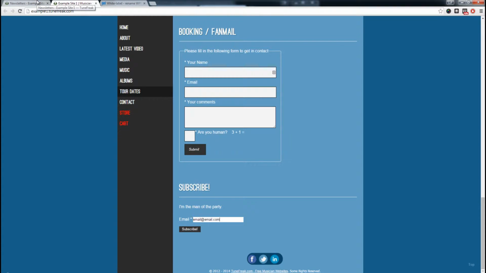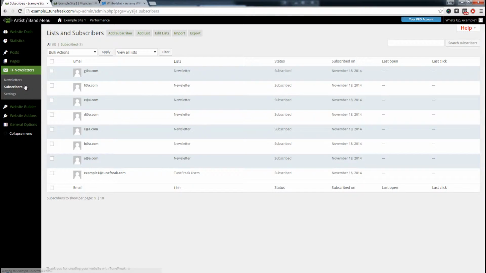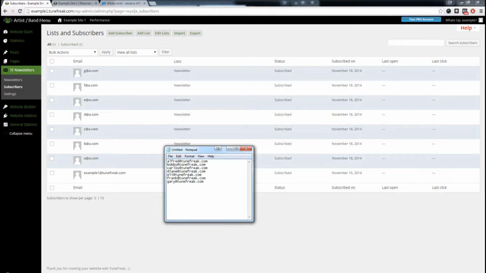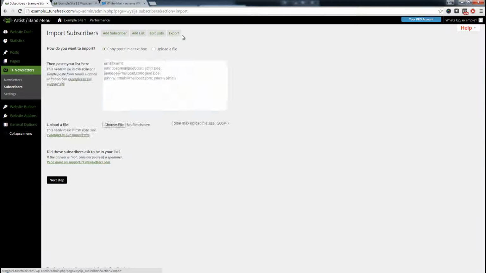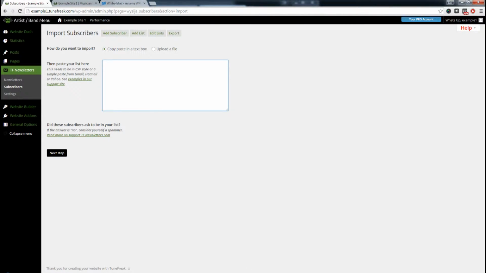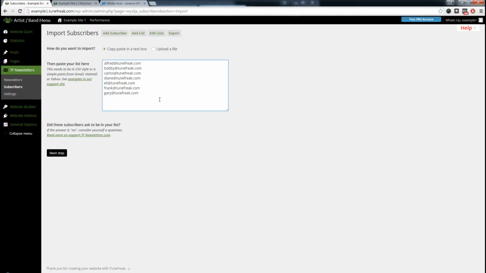Now, imported email addresses that you already have saved in, you might not want to use those. So speaking of which, let me show you where those go. Now, here are all these fake email addresses. Well, they were different earlier, but basically you can import these using this import option here. Let's click on it. So it'll show you a form box here. All you got to do is copy your email addresses if you already have them. Maybe you got some friends from your own email inbox that you want to put on your list, or you can upload a file. The easiest way is just to copy and paste it in here and click next,